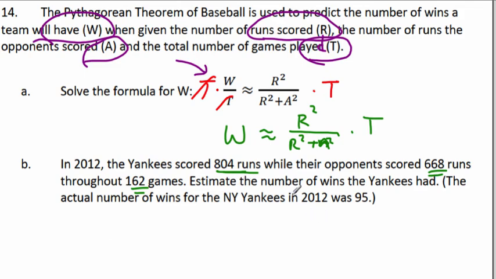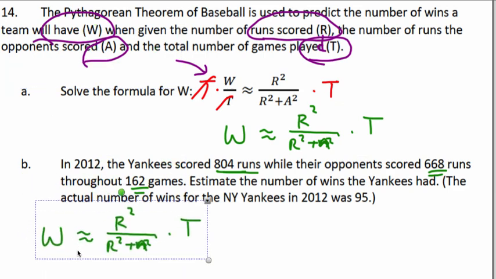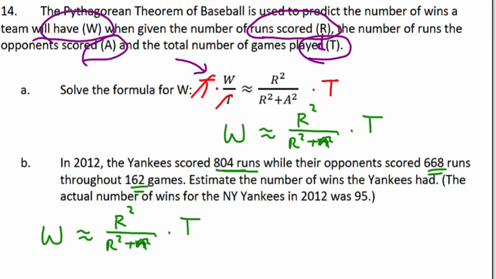We need to estimate the number of wins the Yankees had. Okay, so let's rewrite the equation just so everything's nice and complete down here. We're going to plug into each of the different letters the stats that they gave us. So this is approximately equal to R squared. R is the number of runs they scored, which they told us is 804. So we have 804 squared over